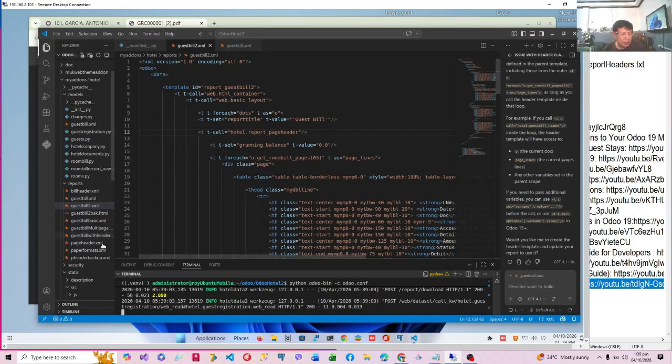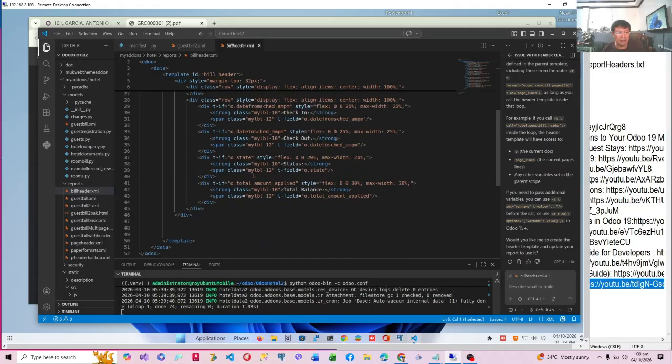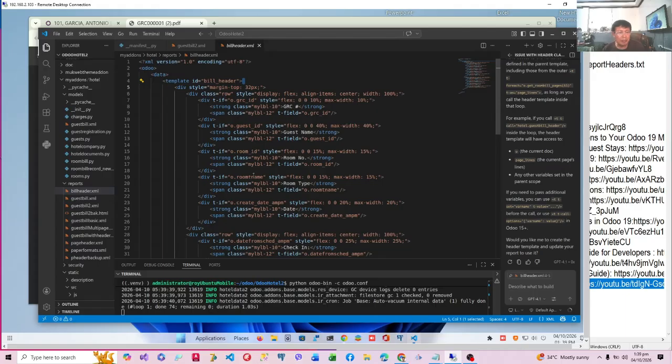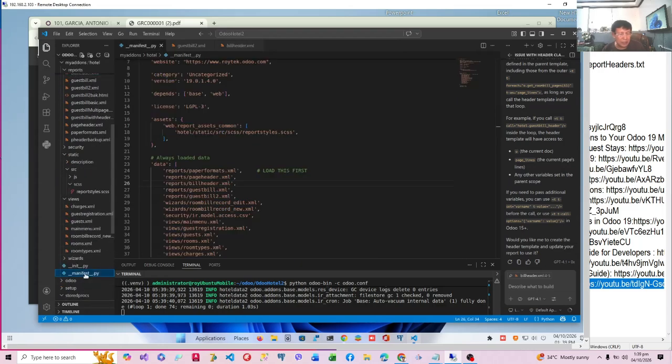So I have created a guest bill bill header XML. I have made another template called bill header, which contained our second header before, if you remember. This is the same contents which I've copied here, and I've included it in our manifest.py,